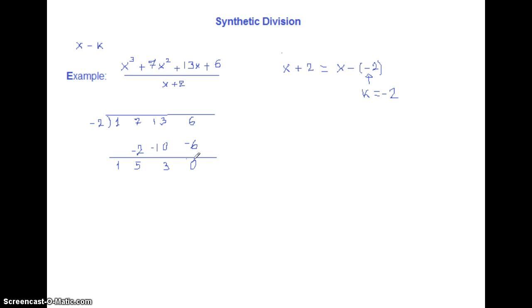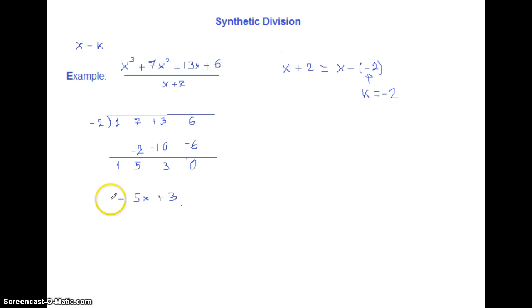Let's see how to write the result now. 0 is the remainder. This is the coefficient of the numerical term. This is the coefficient of the first degree term. This is the coefficient of the second degree term. It's possible to write the result from right to left. So I can write plus 3. Then the next coefficient is 5. It will be the coefficient of the x term. And the next one going to the left, we have a coefficient of 1 and it will be x to the